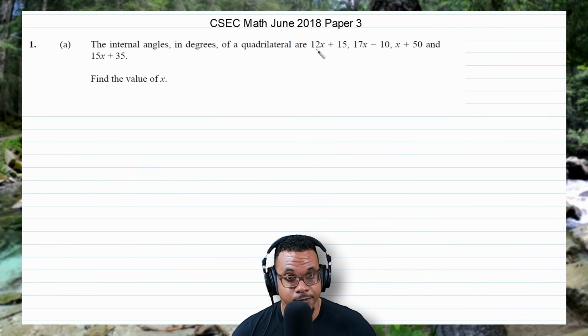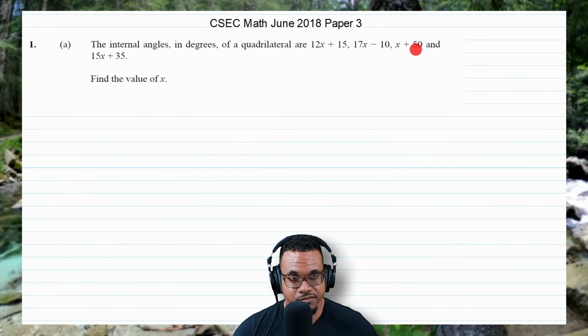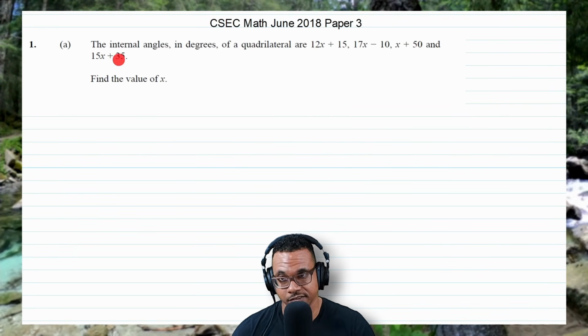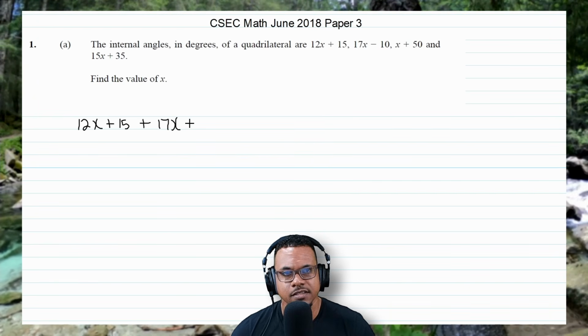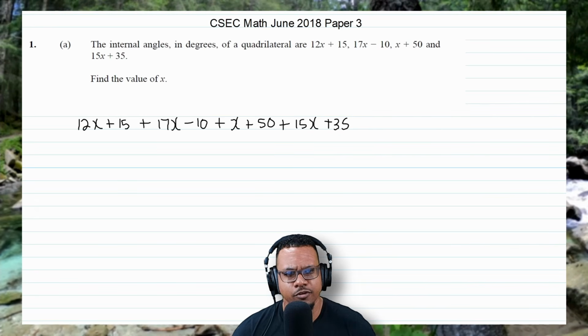So those interior angles are 12x plus 15, 17x take away 10, x plus 50, and 15x plus 35. Here they want you to find the value of x. Now you should know that the sum of the 4 interior angles of a quadrilateral is equal to 360 degrees. So we're going to put the 12x plus 15, we're going to add the 17x, take away 10, and we're going to add the x plus 50, and we're going to add the 15x plus 35, so that's all 4 of them, and they must be